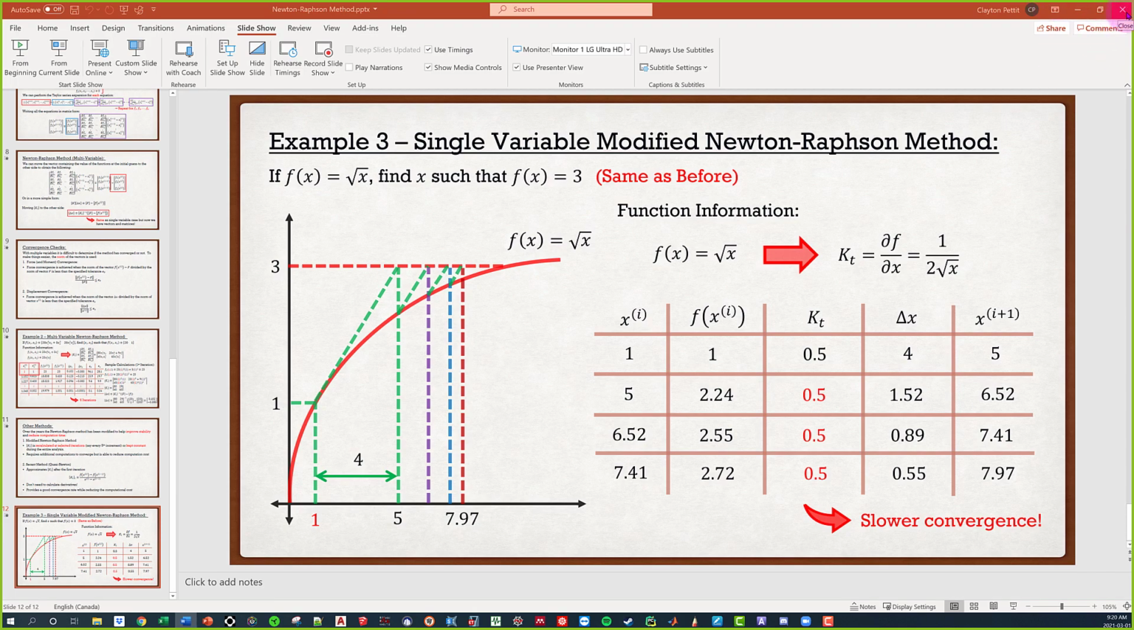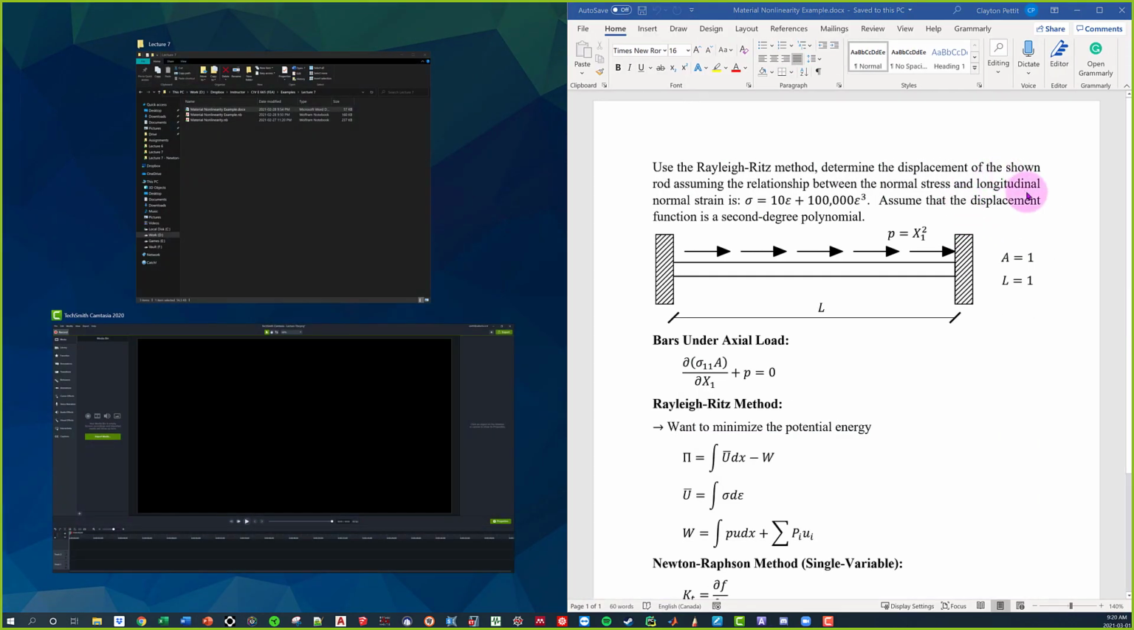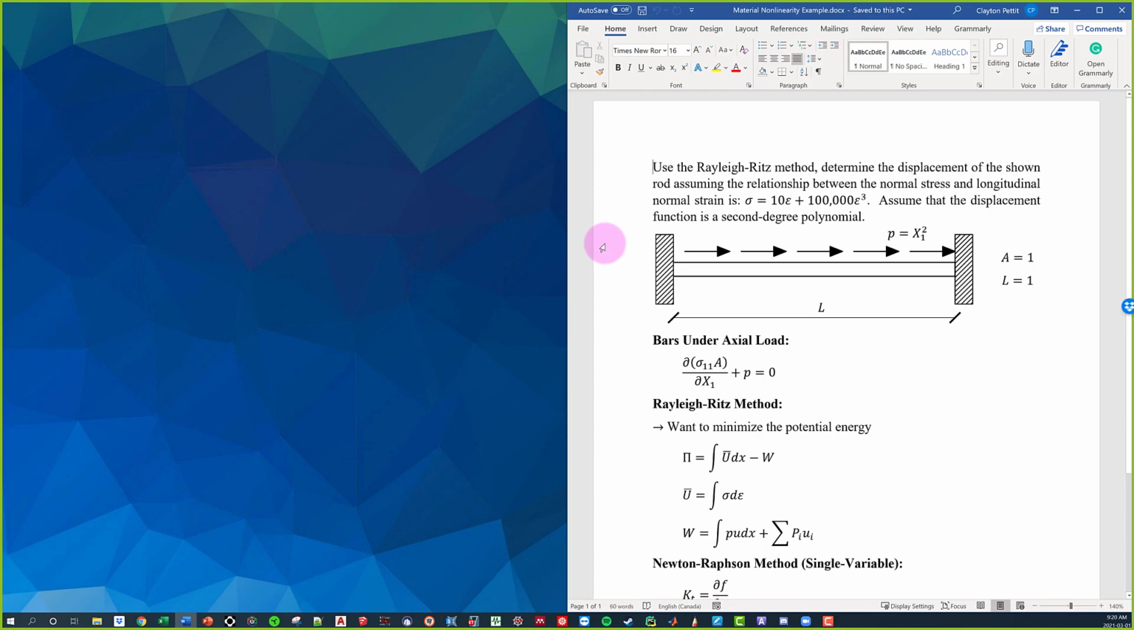So what we're going to do is take a break. I know I went over my time a bit, but when we get back, we are going to jump into Mathematica and solve a nonlinear example. We're going to solve for the displacement of a bar element, just like we did before, but now we're going to say that our stress-strain relationship is nonlinear. So we're going to come back, solve this problem, and then we're going to have some fun